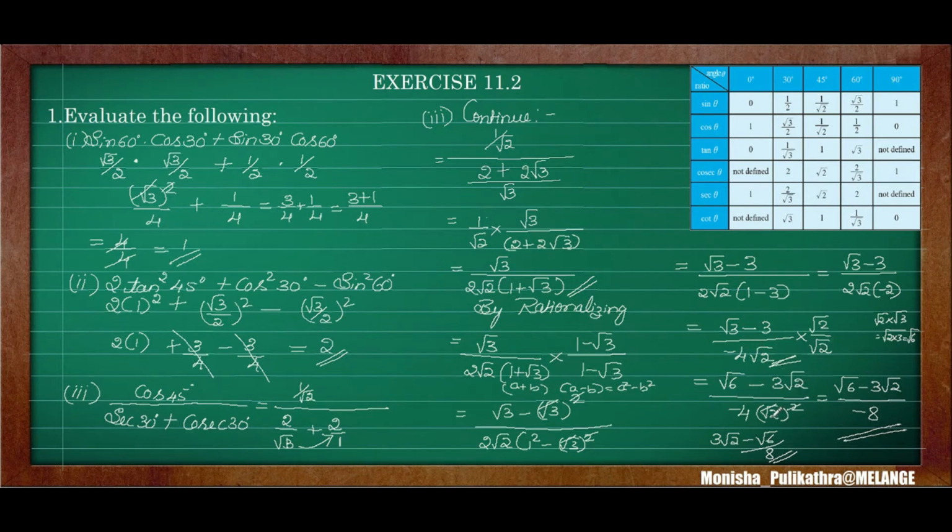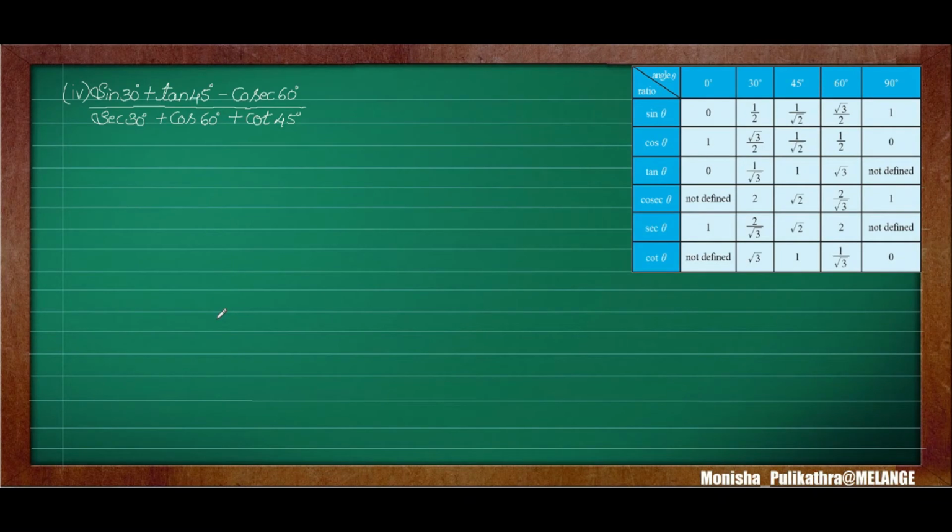Root 2 into root 2 is root 2 whole square. Square and root get cancelled. Okay. Next, root 6 minus 3 root 2. Here 4 2s are 8, minus 8. You can stop it here. Or if you take this minus common here, the answer will just reverse. That's it. I hope you understood this. Moving on to the fourth problem.